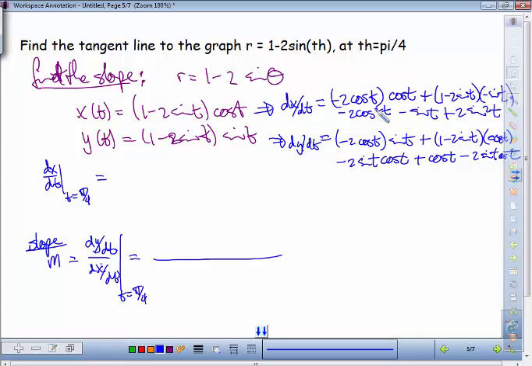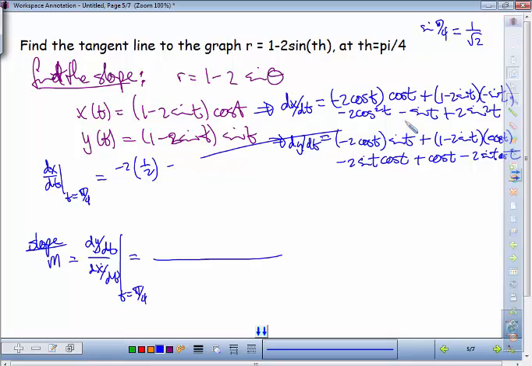Pi over 4, cosine and sine of pi over 4 is root 2 over 2, right? So sine pi over 4 is root 2 over 2. It also is sometimes known as 1 over root 2. Root 2 over 2 is just like the rationalized denominator business. The reason why I bring that up is because when you square it, it just becomes 1/2. So this is going to be negative 2 times 1/2